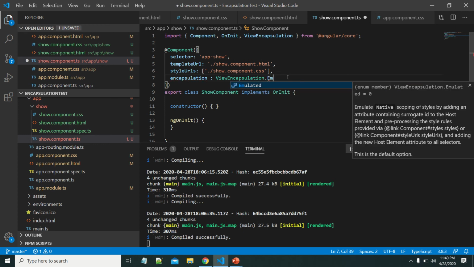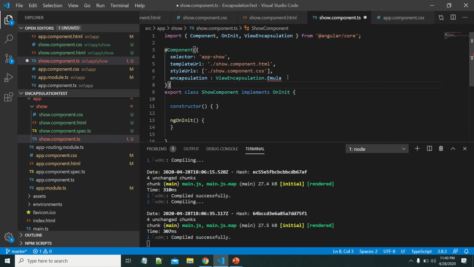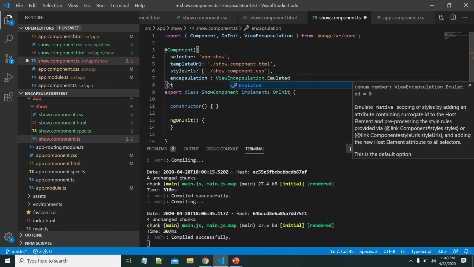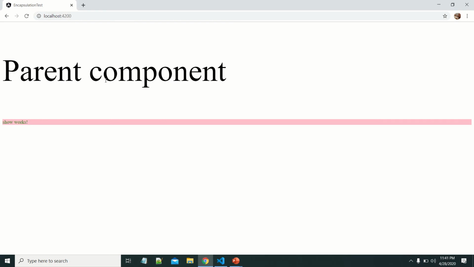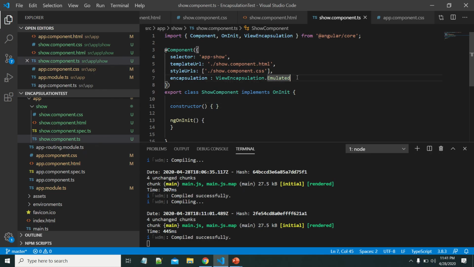Let me use Emulated and save this. See the output: the styles which belong to the show component are not applied to the parent component, the app component.